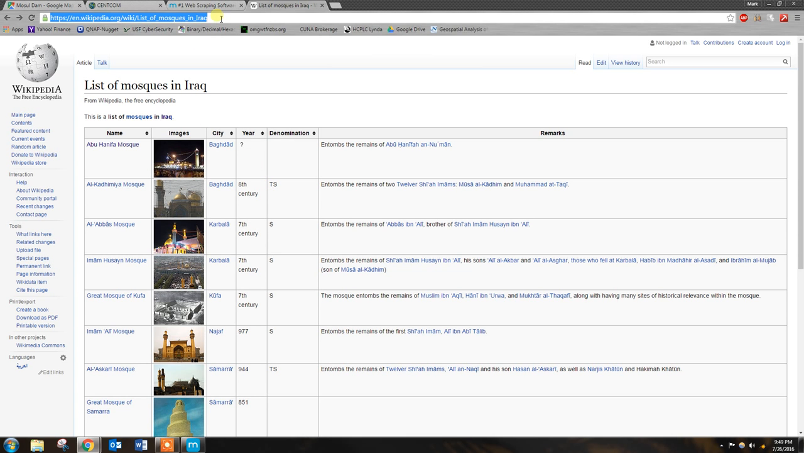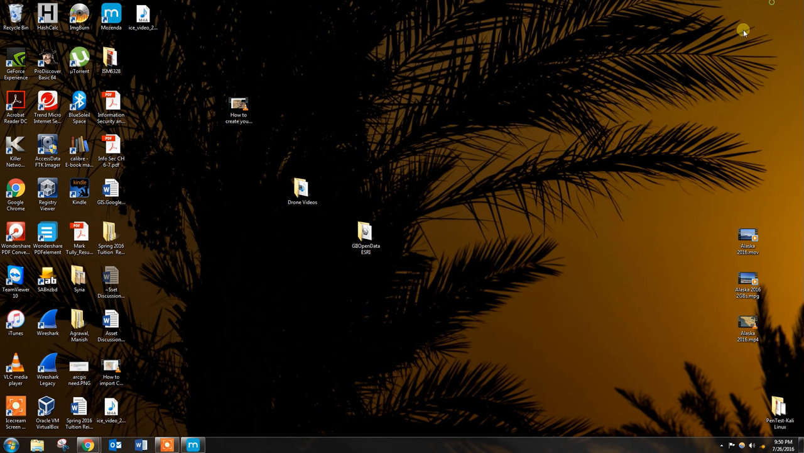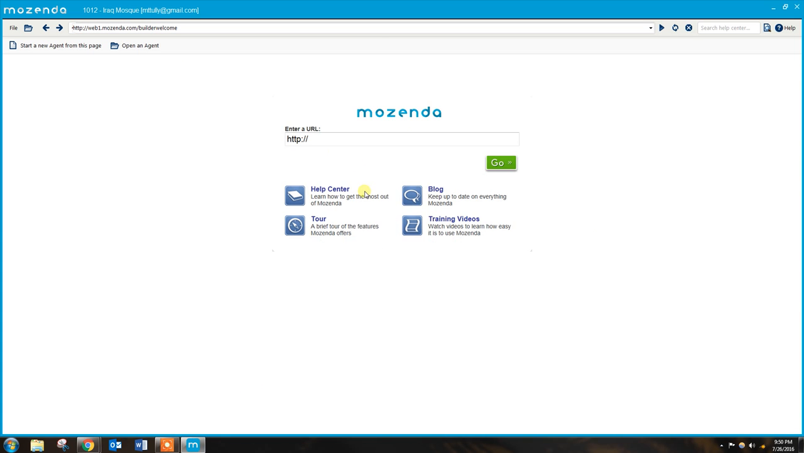Mozenda. Usually what I found is Wikipedia works the best because it's going to have the geo coordinates that fit into ESRI. So first thing you do after you download Mozenda, this is what it will look like. So what you'd want to do is copy this URL, and you want to go back into Mozenda,